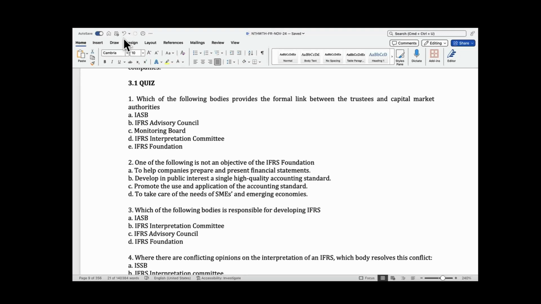I won't read the options. Can you tell me the answer? IASB. No, the answer is the IFRS Foundation. Developing. So I thought